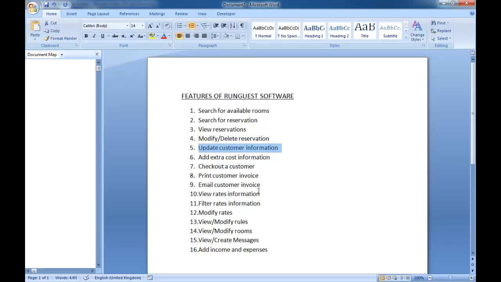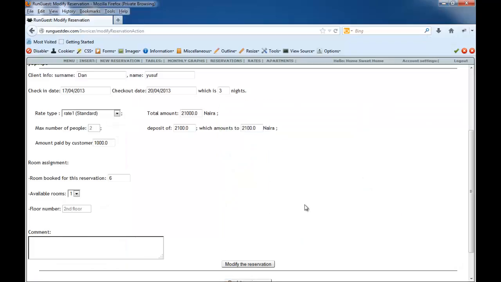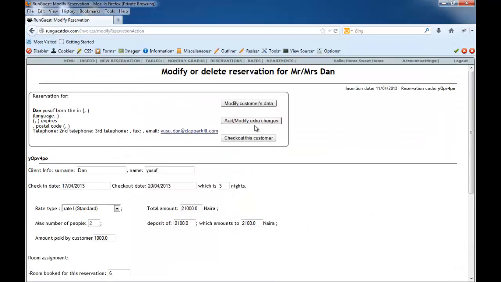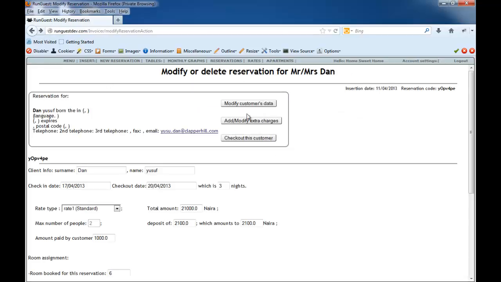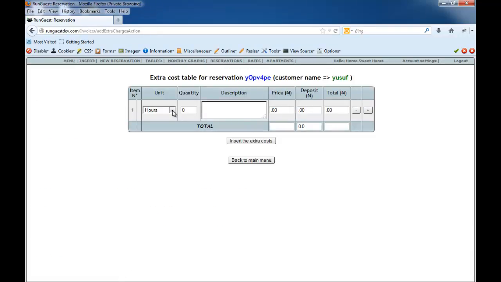and if you want to add extra cost, number 6, extra cost. So the customer has been in the hotel, but he incurred extra cost. Maybe the customer took some beer. So you come to this, click on the modify reservation page. You click on add extra cost, extra charges, and then say for instance the customer used